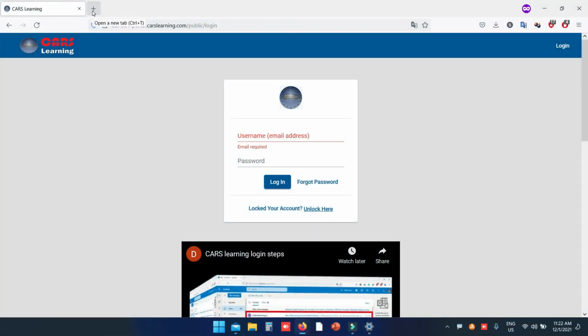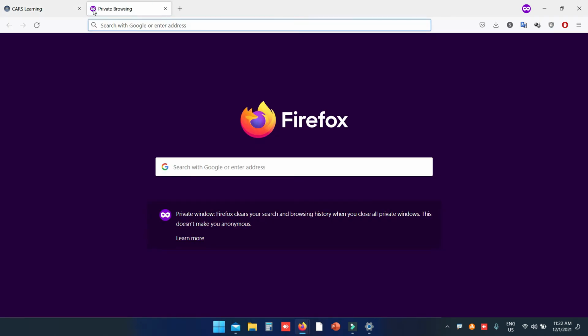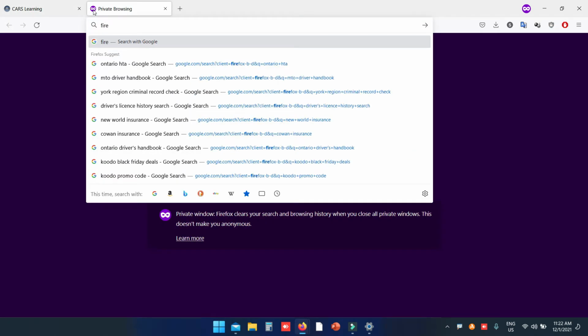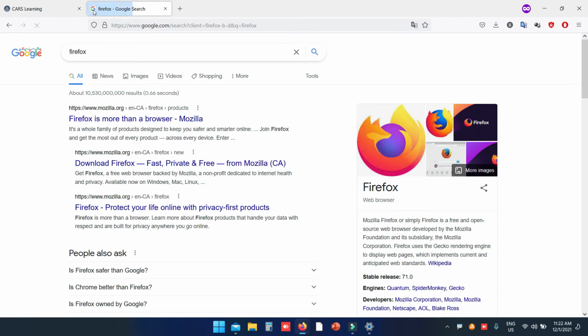Today, we're going to teach you how to install the Firefox browser on a Windows computer or a Mac computer. This function will not work on the Firefox browser on the cell phone. So do remember that this is only for computers at this time.